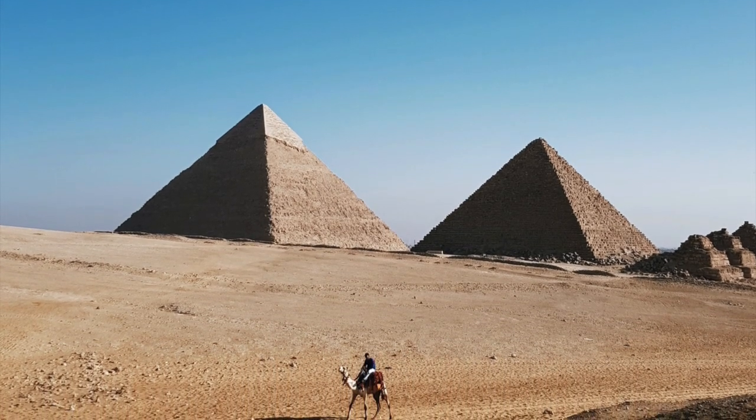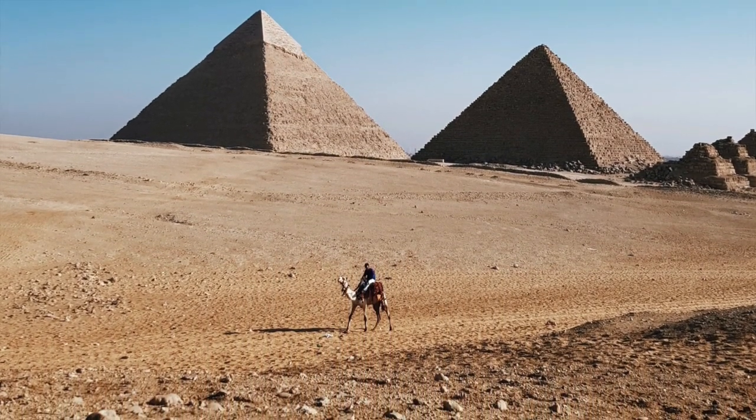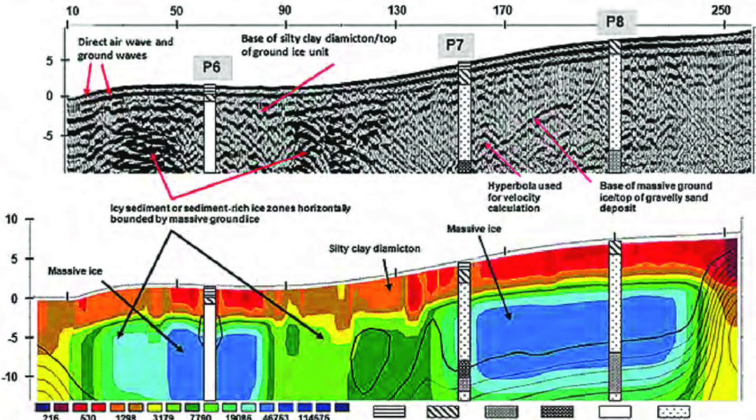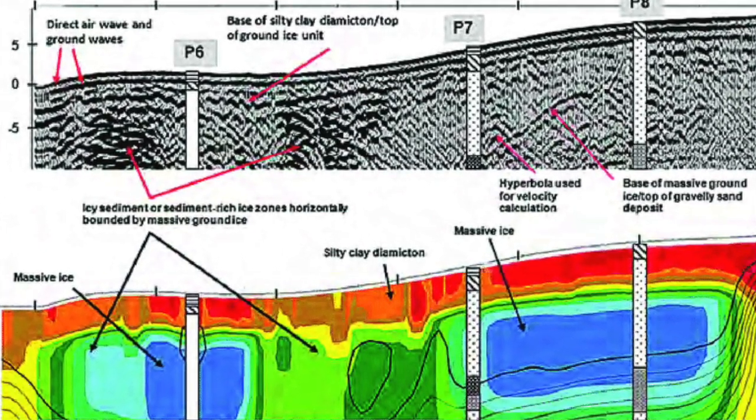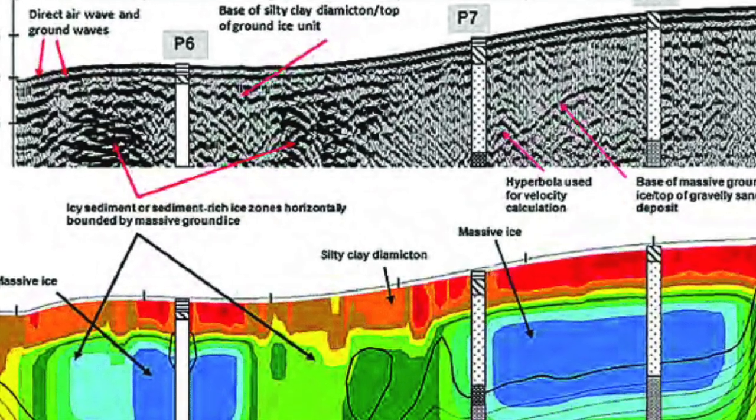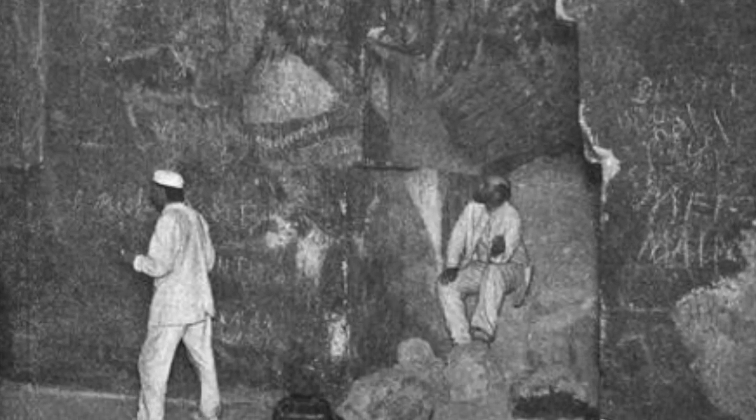In this time, however, another group, this time from Japan, proposed scanning the pyramid with ground-penetrating radar. Being led by Dr. Sakuji Yoshimura, who was an Egyptologist, and being backed by the University of Waseda in Tokyo, I apologize if I've mispronounced that, this second group had little in the way of problems in getting their work authorized by the Department of Antiquities in Egypt, and the ground-penetrating radar scan of the Great Pyramid soon began in January 1987.